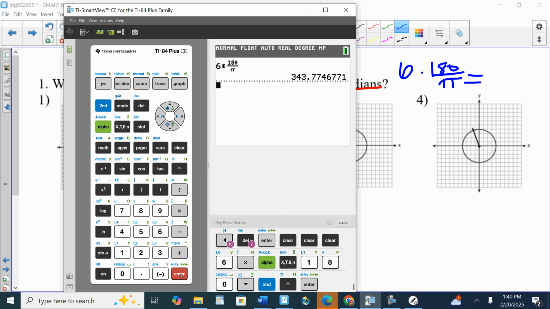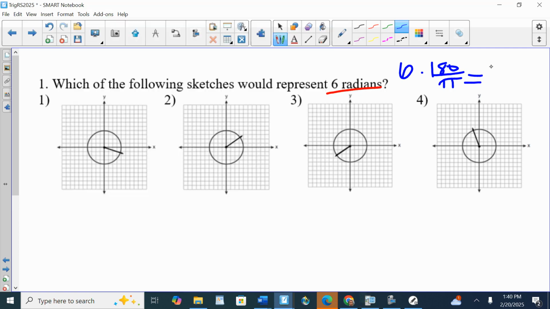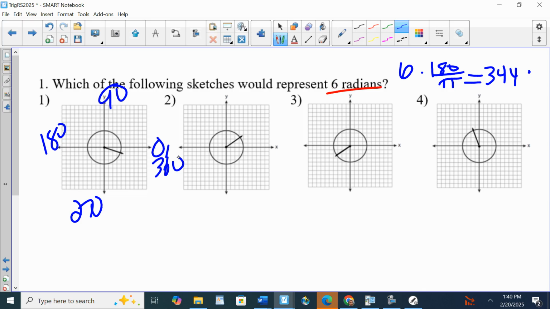I have 344 to the nearest degree. So I know it goes 0, 90, 180, 270, 360. It's got to be between 0 and 360, closer to 360. It's choice